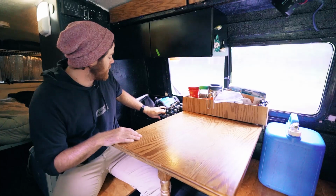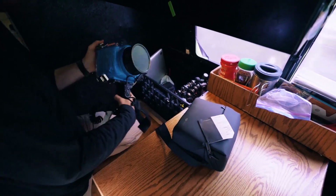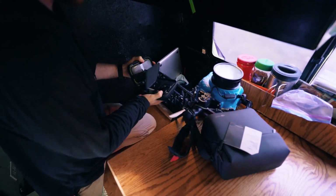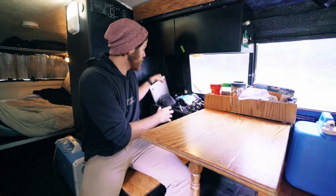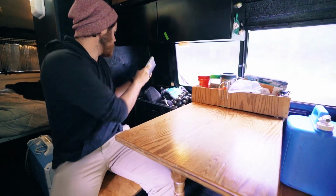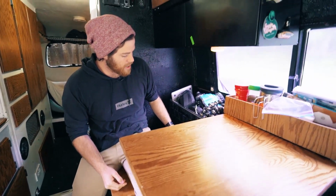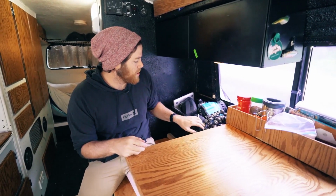And then this crate right here, I call this my AV department. This is where I keep all my computers, hard drives, cameras, all my equipment that I use to film and take photos and edit and all that stuff. It sits right here because it's convenient. I can just pull my computer out and set it down, get to work. When I'm done, put it right back away. And there's a little lip right here that keeps the crate from sliding around,